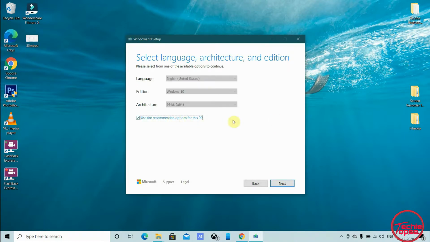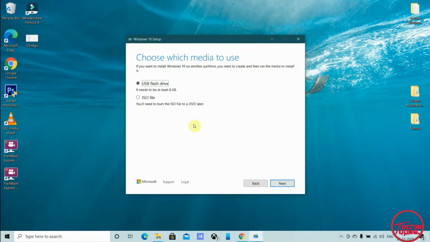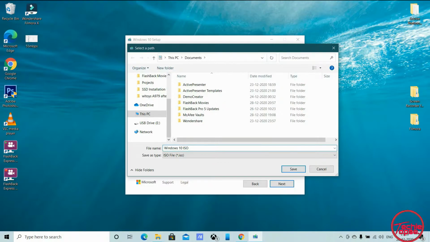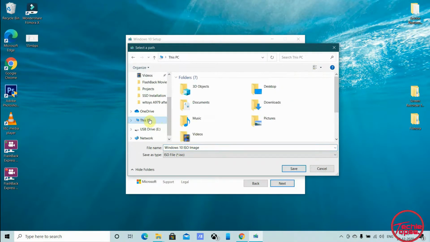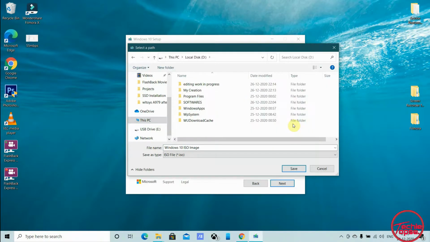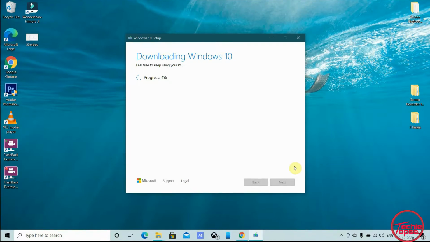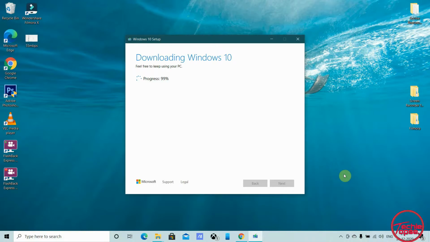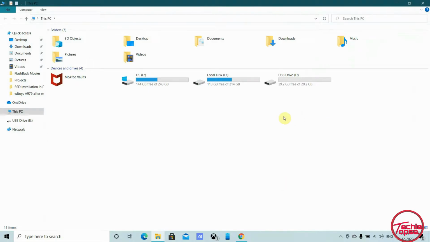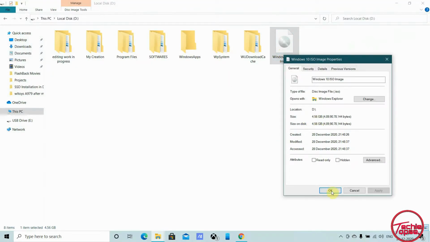So we can select from here the appropriate options for making the ISO image. So we have created the ISO image successfully.